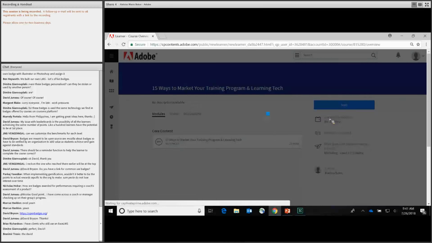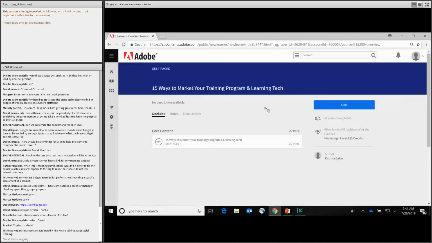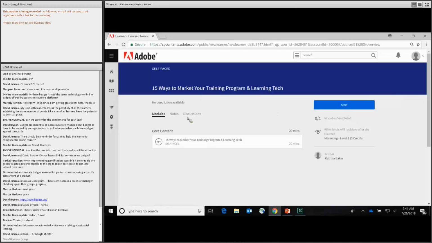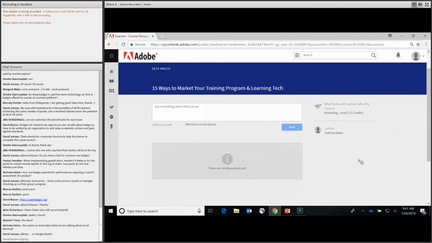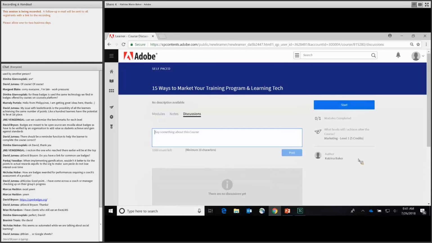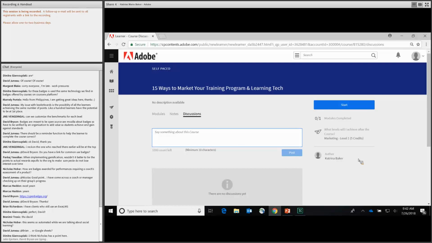Okay, so I'm here in the course. Now I could go ahead and start the course. For our purposes, I'm not going to. And here I could actually leave a note about the course. I could either leave feedback about it, or I could ask a question of the instructor or the instructional designer. And this is one way that learners could answer each other's questions. I would be able to view questions that somebody else had left on this course and answer them if I know the answer. So that's one way of interacting.